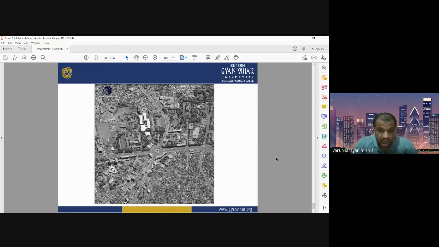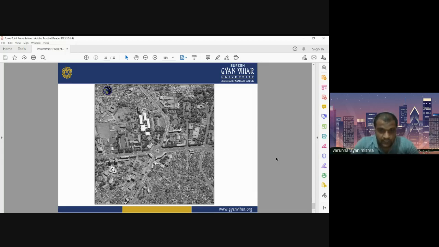In India, we also have some satellites with higher spatial resolution. One of the widely used high resolution satellite images launched by ISRO is LISS-4. LISS-4 has 5.8 meter spatial resolution. It works in 3 spectral bands: green, red, and NIR. The swath of the LISS-4 image is around 70 kilometers, and in most urban planning activities in India, LISS-4 was widely used.